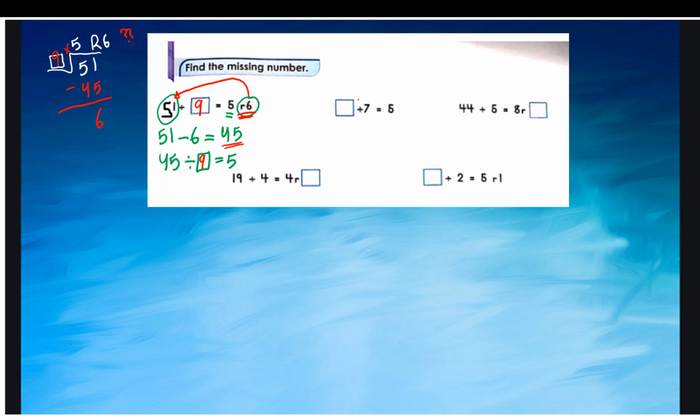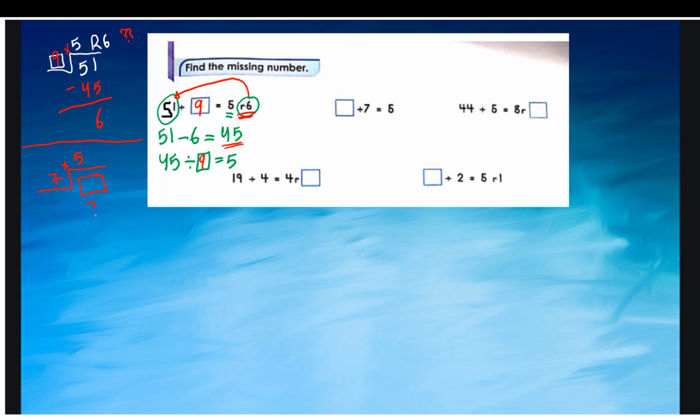The second one: a missing number divided by 7, the answer is 5. That means what? This is the long division. The dividend is a missing number, right? The divisor is 7 and the answer is 5, right? Great. Now, what is the dividend? If the answer is 5, it's easy to solve. We put the multiplication here. 5 times 7 equals